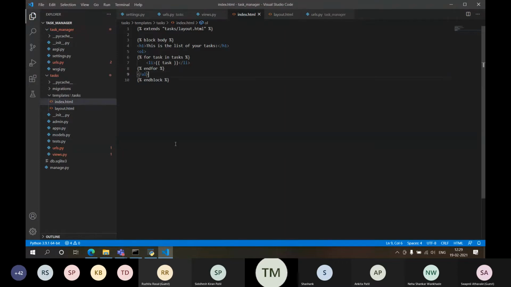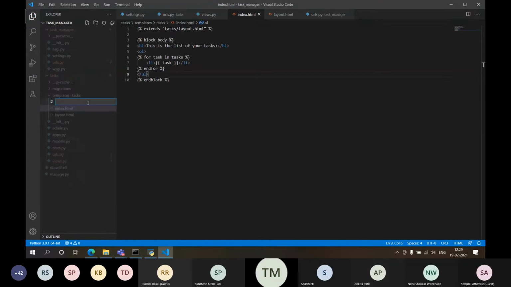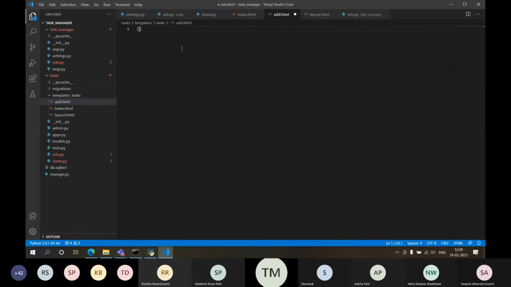Now I want another file to add a task. Okay, so I'll say add.html. In add.html again I'll extend it, extend tasks slash layout.html. Okay, and here I'll say block body. Okay, and